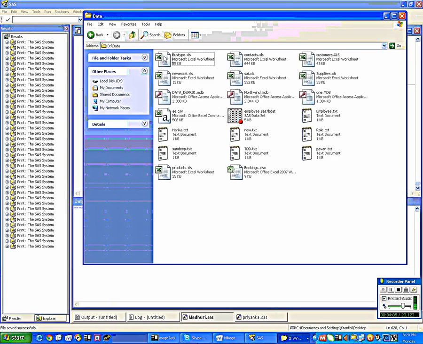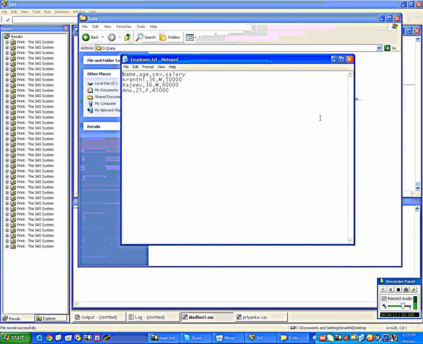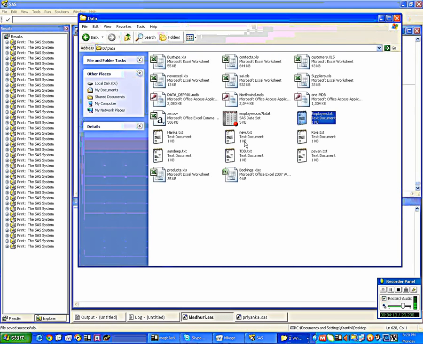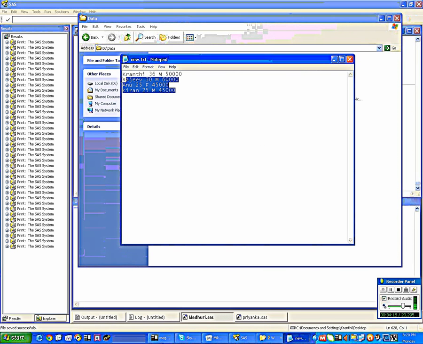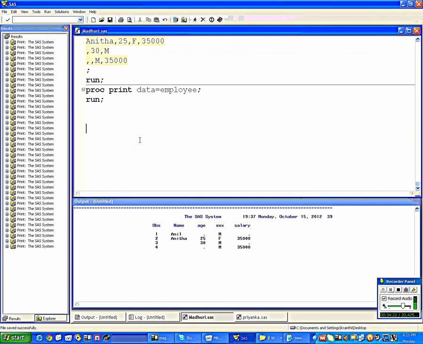In my data I have a folder called data. In this folder, let us think that I have this new file. I want to read from this location. How to read from this location? Just give the path and the text file name. So data, infile.